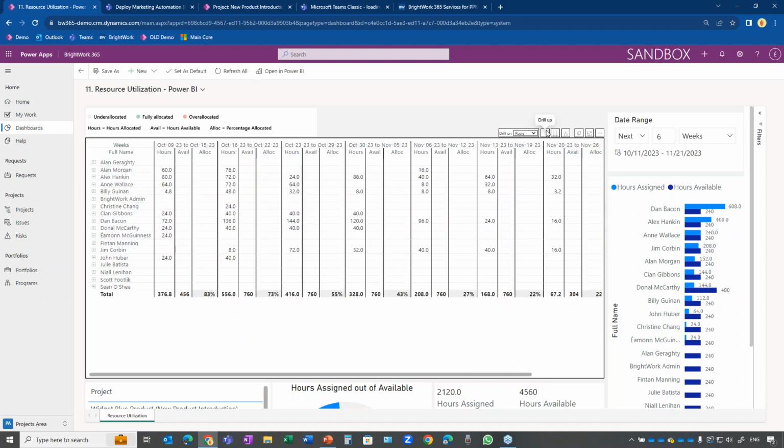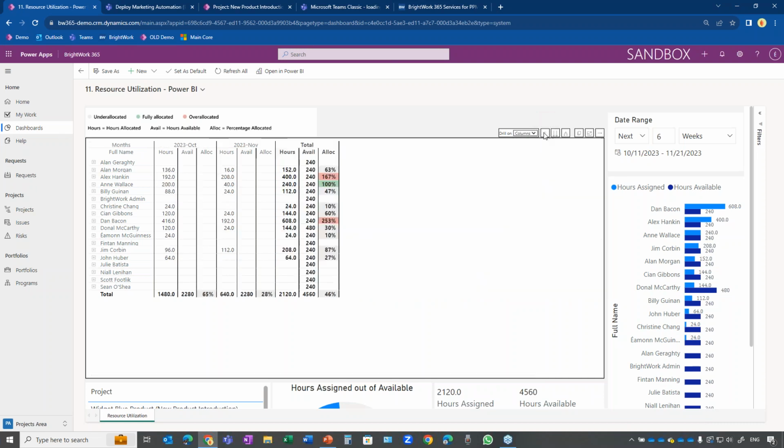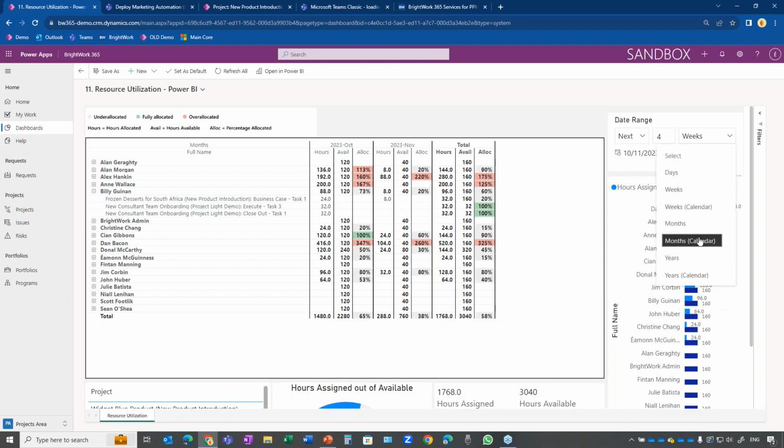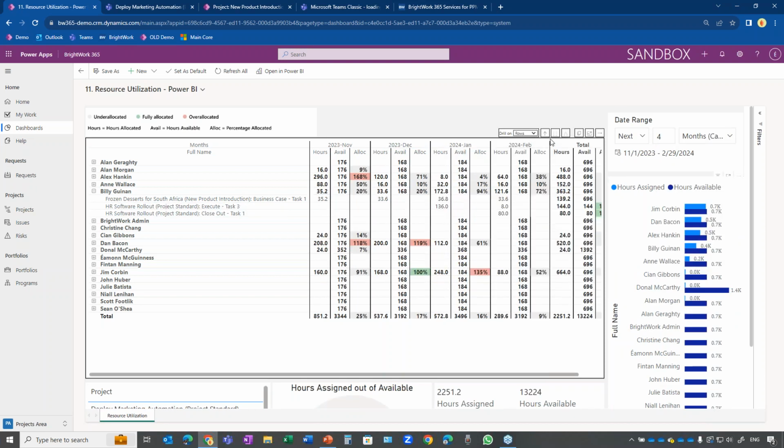So for example, I think we showed a little bit earlier that on one of these tasks, Billy was utilized just 20%. So that's picked up by the resource utilization reporting. So that 20%. And in fact, if we change it to the next 4, and then we look across the next 4 months,